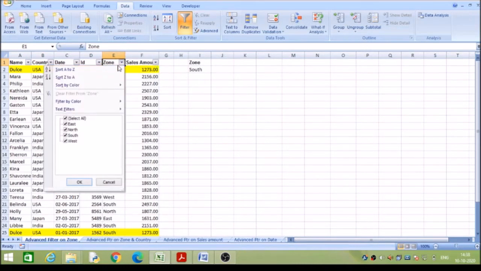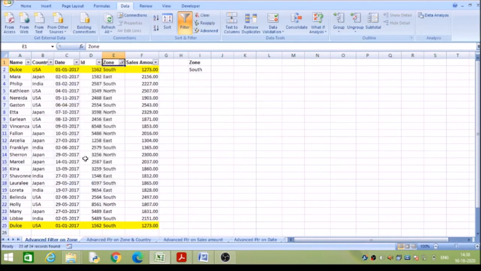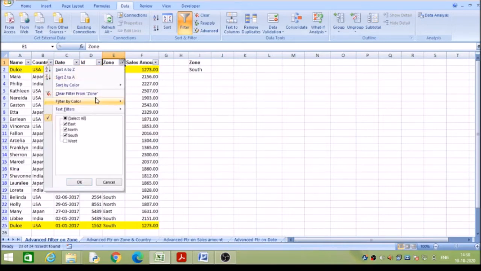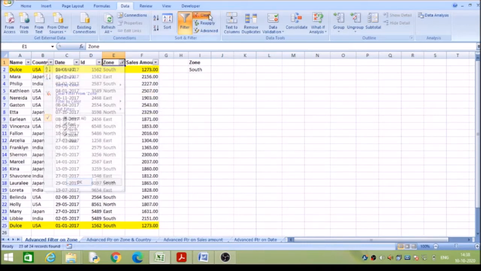Here if I want to select, I can select all the items or any particular item, or whichever I want. To clear the filter, either we can click here or we can click here.